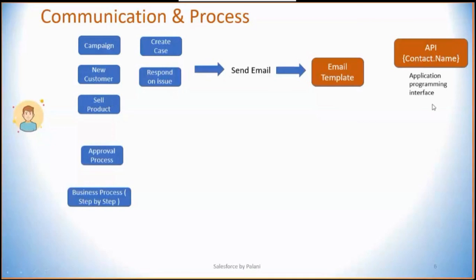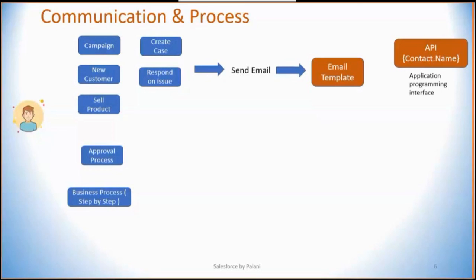Now, this is email templates. Also, throughout our business process, you may have approvals. For example, we are creating a quote to sell to a particular customer. That quote has to be approved by somebody, for example one of our managers, before sending it to customers. So there is an approval process coming into the picture. And there are also situations where you may need to implement some functionality step by step. For example, do step 1, step 2, step 3, then step 4, then sell the product.